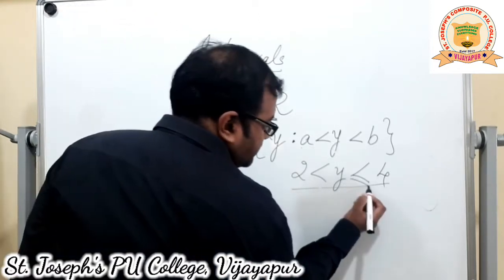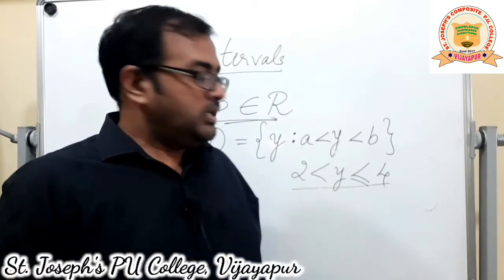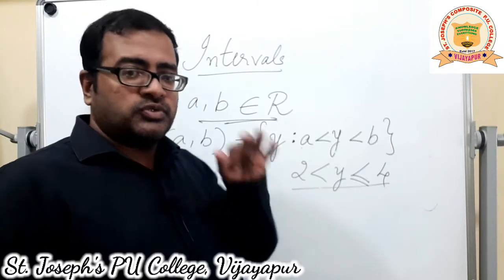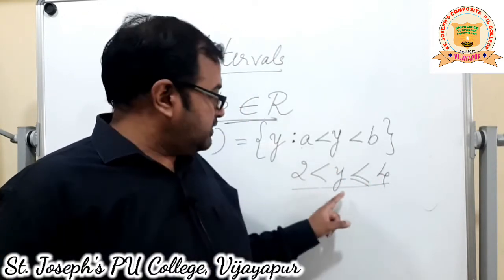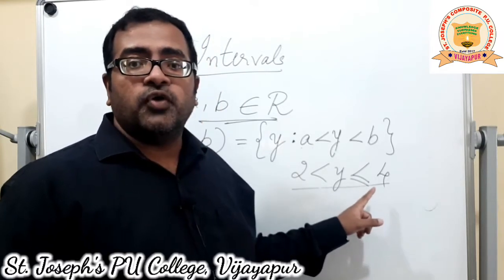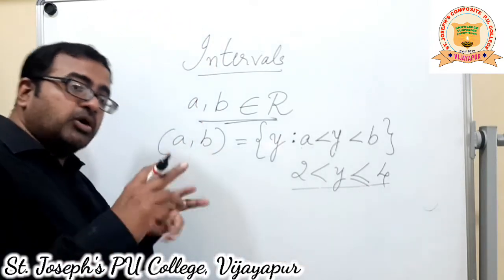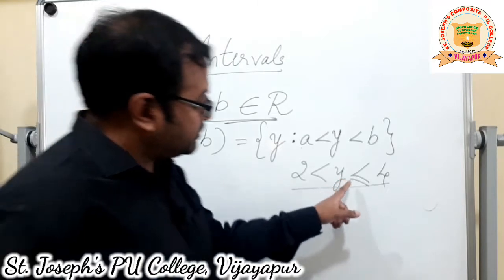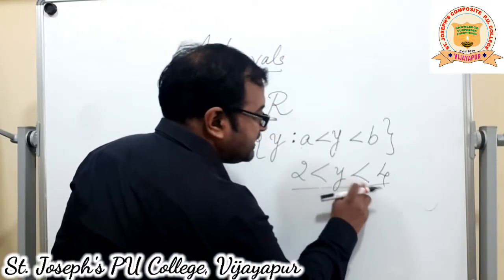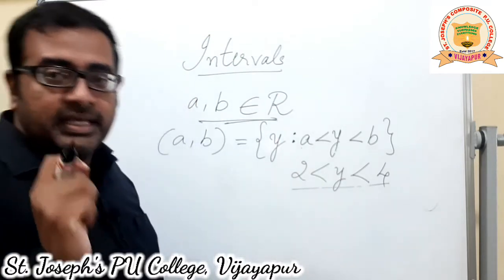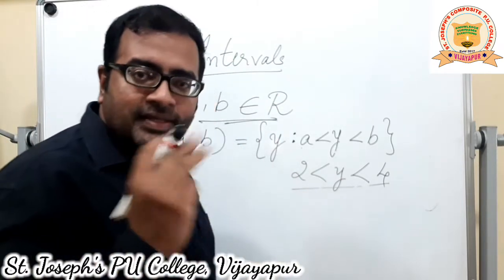Whereas, had I put an equal to sign here, now it should be strictly greater than 2. So 3 is a number. 4, yes, of course possible, because the number can be equal to 4. So 3 and 4 both would be included here if I put this symbol. Whereas if it is strictly lesser than 4, then the only possible answer is 3.